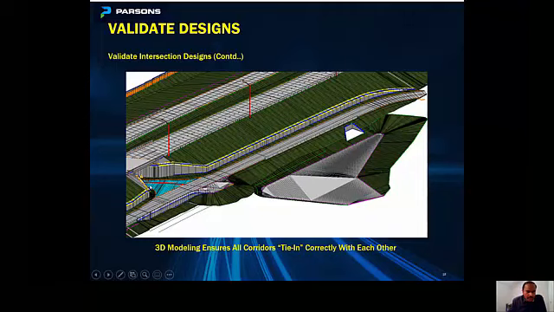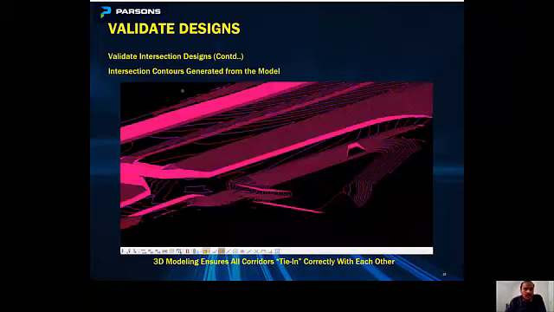We were able to accurately incorporate the curb return profiles and the cross slope transitions through this intersection, and made sure that all the corridors tied in correctly, and no tying issues were identified. Then when we produced the contours, this is how the contours turned out. This validates the intersection detail design.